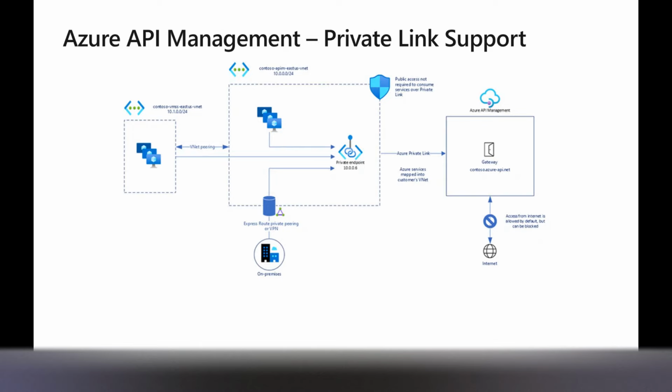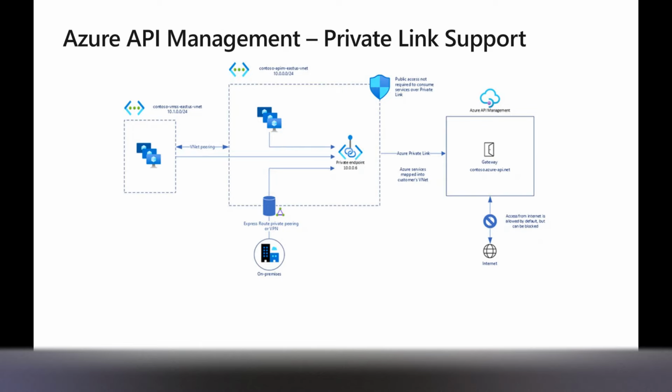Okay, so with this support, now APIM Gateway, you can access it over a private endpoint. Just keep in mind, this is only the inbound connectivity. So you can access an API over a private endpoint. This is very important. And with this connectivity, what you can do is you can create a private endpoint